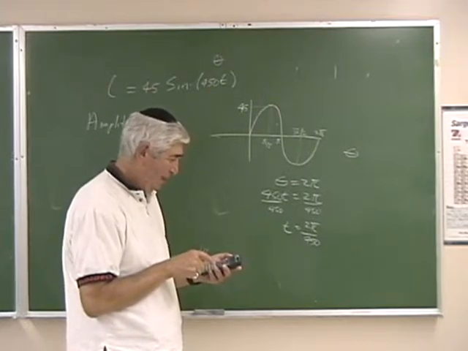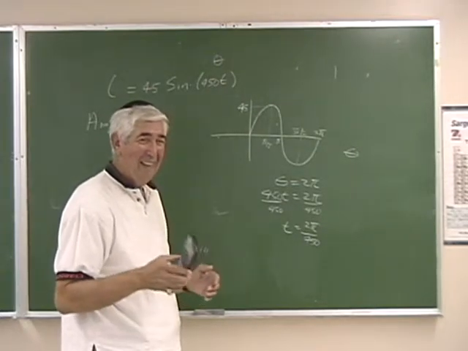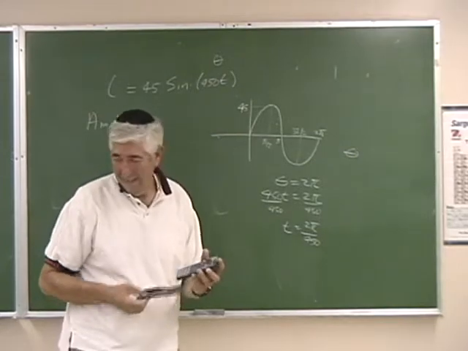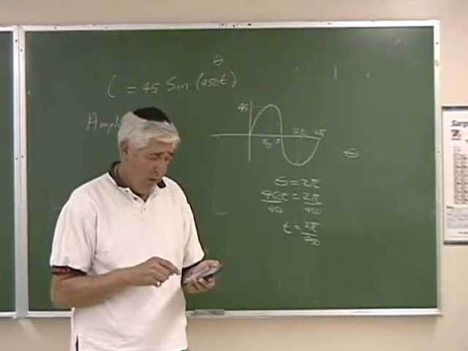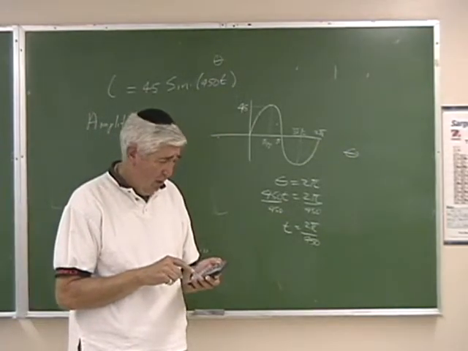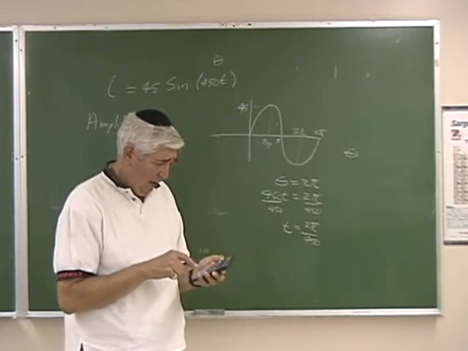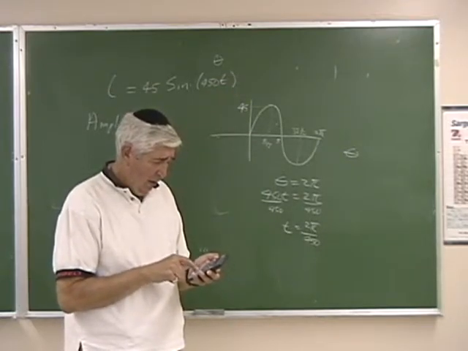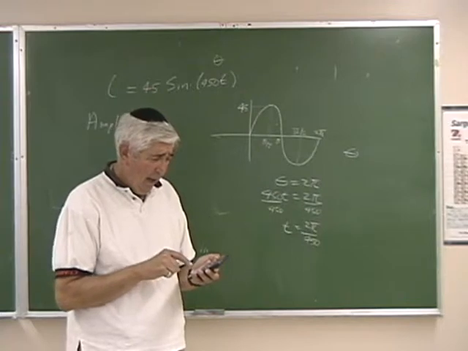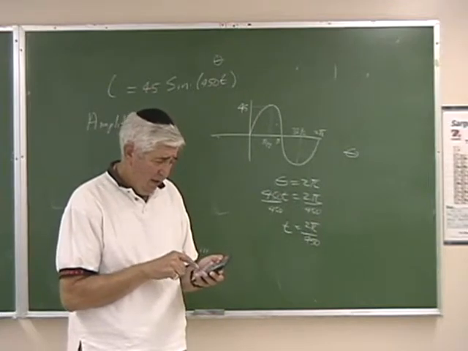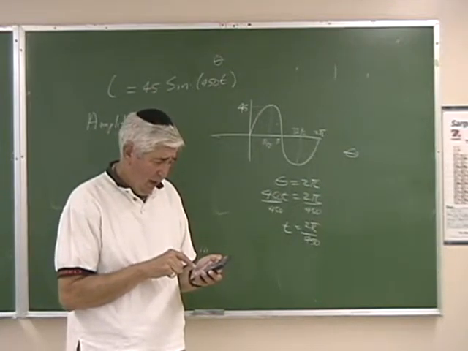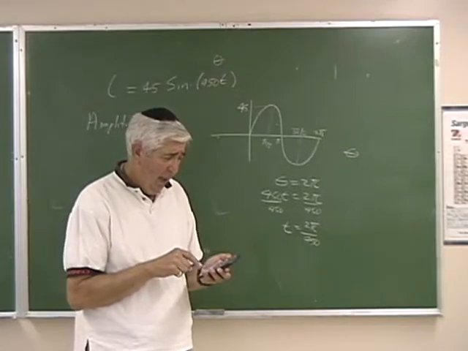Oh, time out. My calculator is not working. I'm going to do 2 times second function pi divided by 450, and I'm going to put the calculator into scientific mode, into engineering, and I have